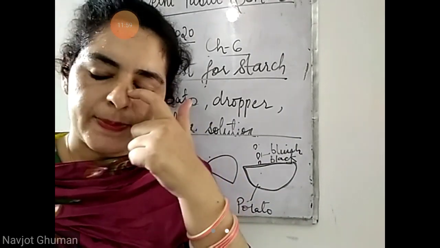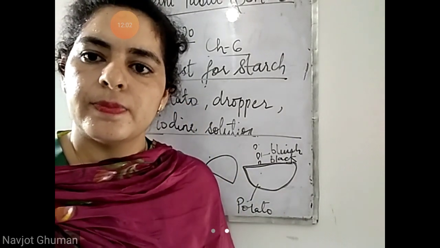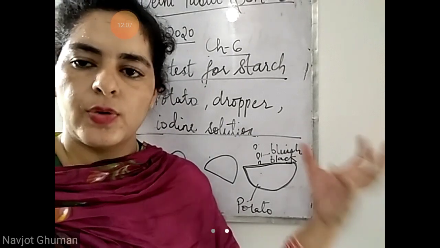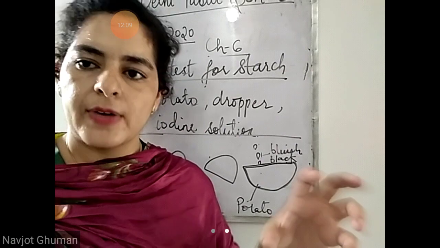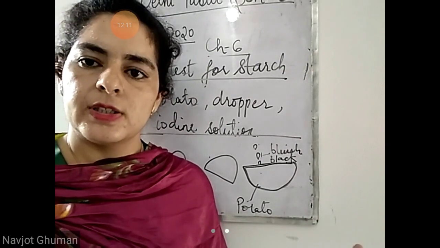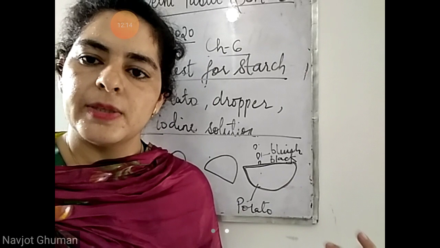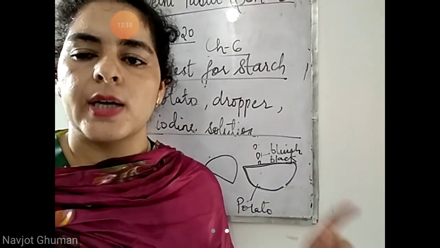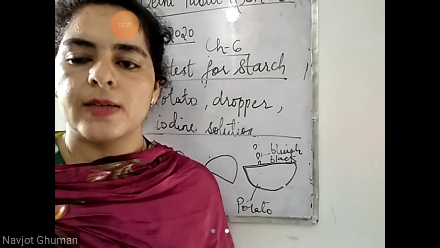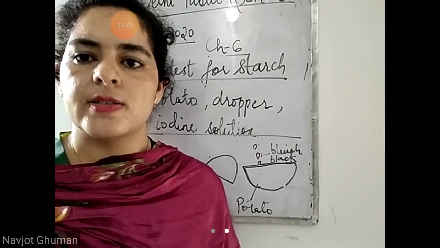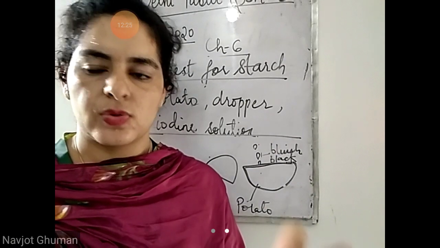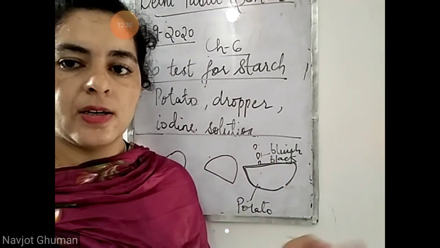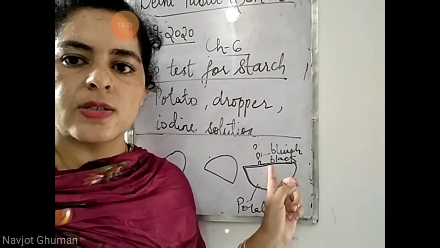If you want to check starch in any part of the plant or any other food item, you can test like this. वो food item लो, add few drops of iodine solution on it. If it turns bluish black, then it means that starch is present in this. This test is also used to check the adulteration in milk. मिल्क में जो अडल्ट्रेशन होती है, मिलावट की जाती है स्टार्च की, to make the milk thick, उसको थिक बनाने के लिए. So to check that उसमें स्टार्च है या नहीं है, this test is used, आयोडीन से टेस्ट.